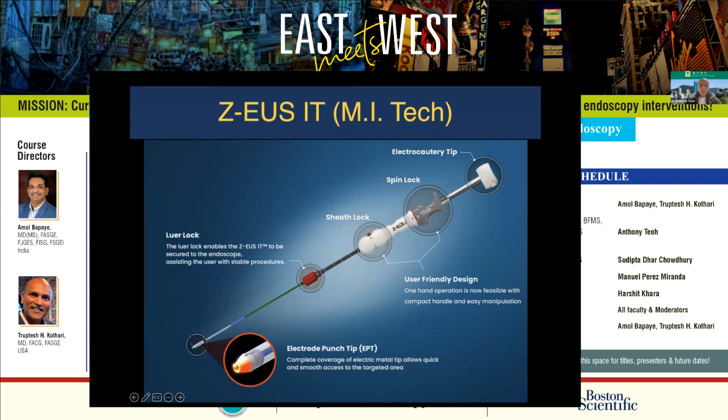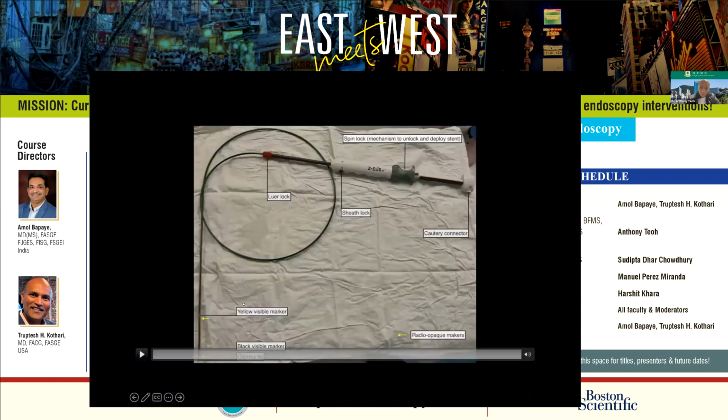The stent that is lodged on the delivery system is the Hanaro stent. The design is in some ways similar to axials. There's a Kothari enhanced tip. There's a sheath lock, which allows us to unlock and move the delivery system forwards. They have a gray spin lock, which when turned 180 degrees, allows deployment of the distal flange, followed by another turn around 180 degrees, which allows the deployment of the proximal flange.